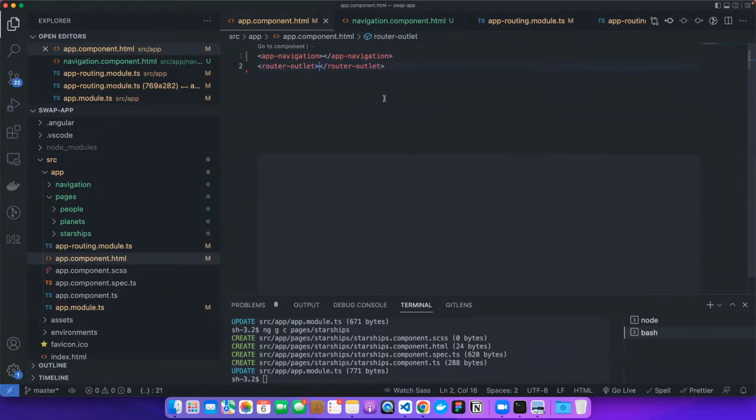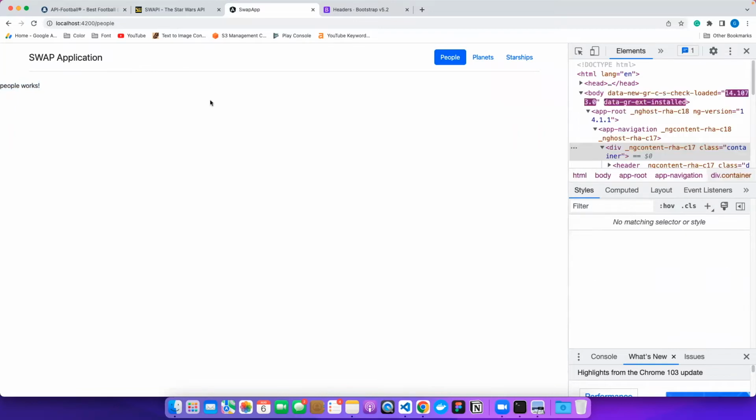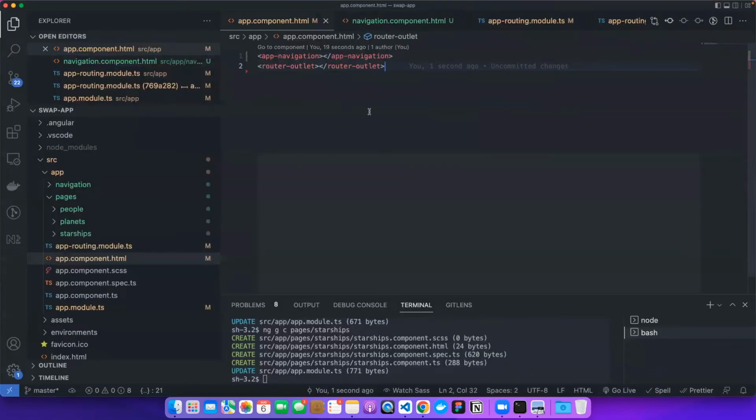So if you save this, now if you come here, see, the people works is here. That means the people component is already here. So our first routing is working, guys. See, our first routing is working. So step number 1,